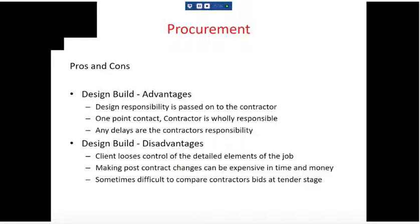So you don't have the same control over the cost of changes with design build. Now you might think adding an extra bedroom is ridiculous, but if you're doing lots of other types of things, for instance refurbishment jobs, quite often things come out of the woodwork and you have to make changes for very good reason, but still the mechanism for pricing those variations is not as easy. And then finally,